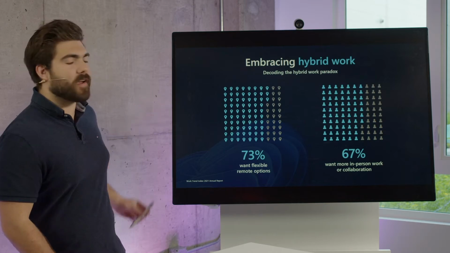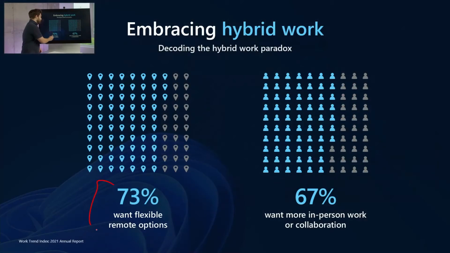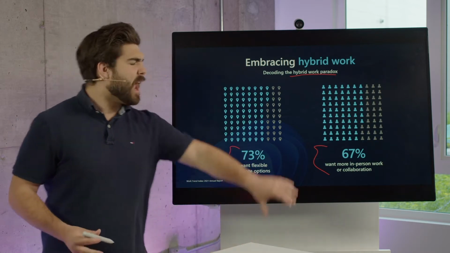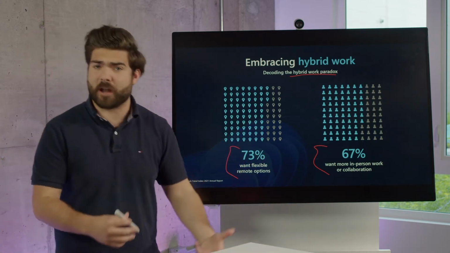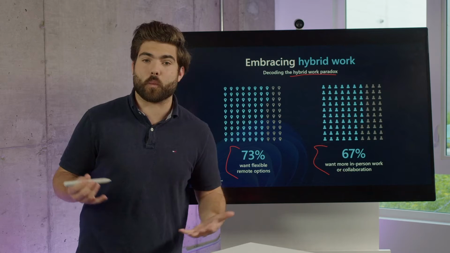And one of the things that we have found recently is while over 70% of employees want the ability to have flexible remote options, they want the ability to have the choice to work in the office or at home or wherever they most see fit, at the same time, 67% want the in-person collaboration that comes with working in the office. And we call this the hybrid work paradox because we have to figure out how to let people, if I should say, have their cake and eat it too. How are we going to have people wanting the ability to work at home, but they still want those in-person collaborations offered within an in-person workspace?